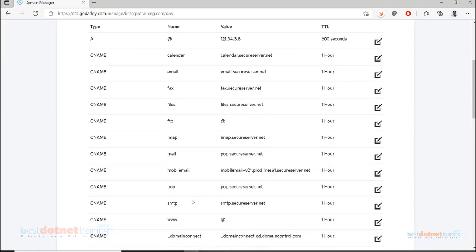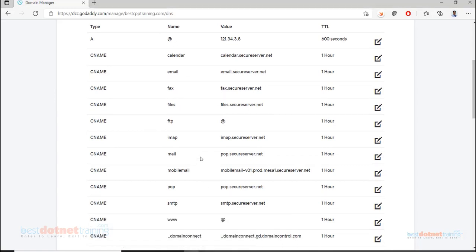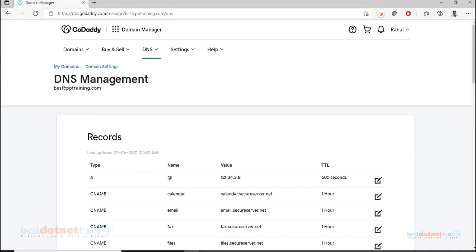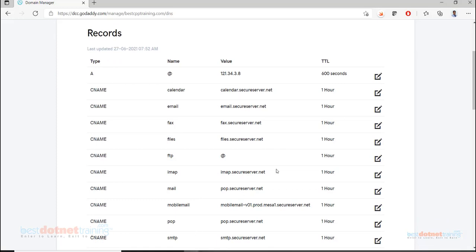I want to go one step ahead of it. I want to have the domain name, let's say bestcpptraining, itself to be managed from Azure. I don't want to come here and manage it. It's too much, right? I have to keep track of this username and password, which is my portal username and password, and I have to also keep track of the GoDaddy username and password for doing DNS management. Now can we bring this facility within our portal account itself?